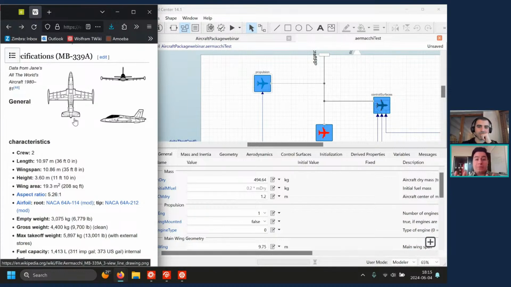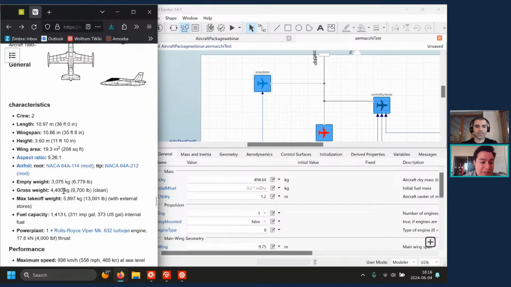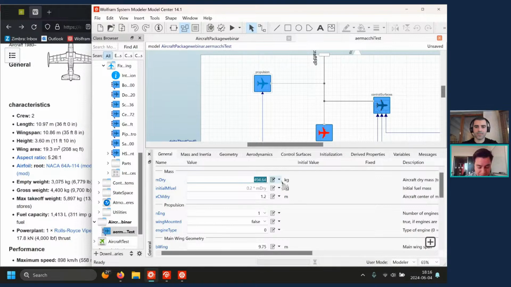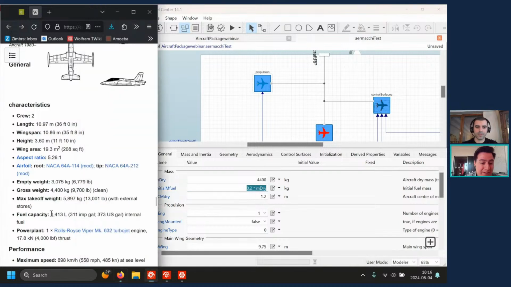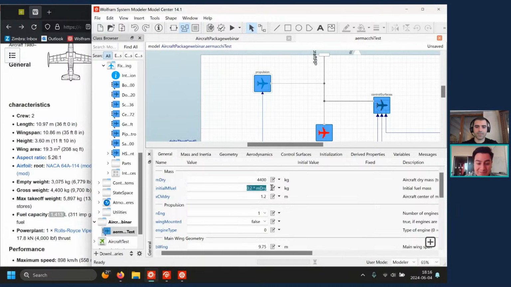Of course, the more precise information you get into your model, the more reliable your results are gonna be. Right now, I am just showcasing that it's easy to get started using really, really top level information. So let's start with the mass. It's reporting 4,400 kilograms. And then the initial fuel. It's reporting, let's put 1,413 liters. If you use the density of the Jet A1, then you can get the mass, which I already did. And that's around